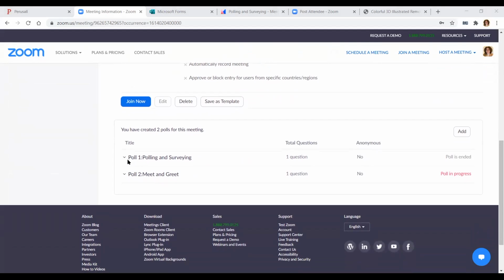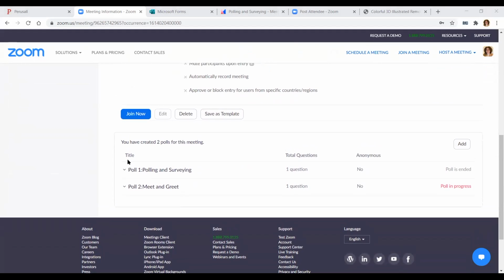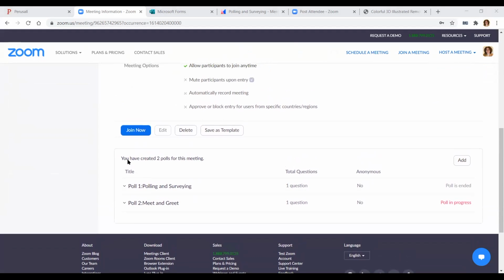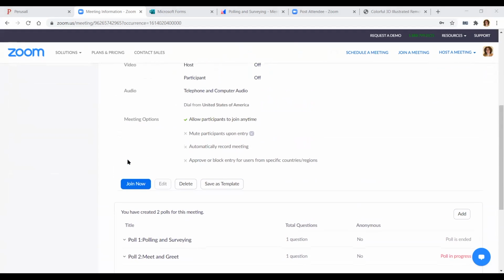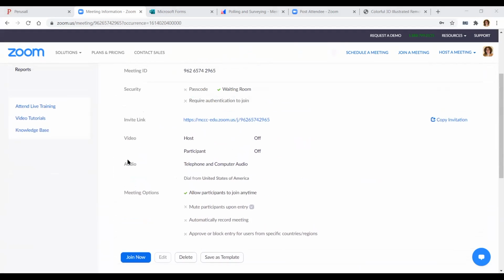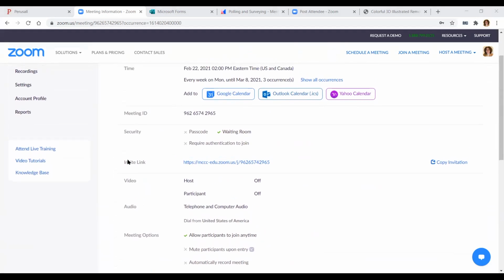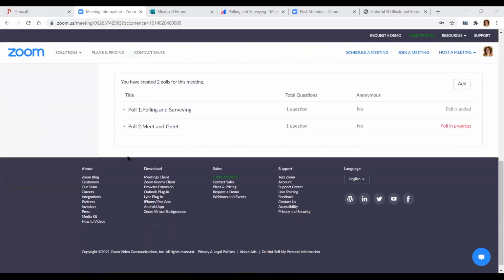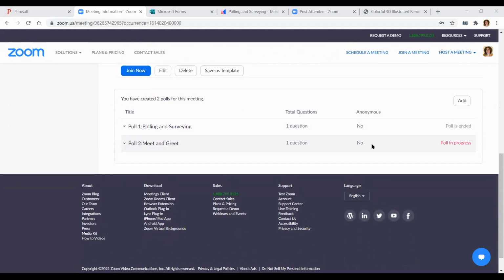But I can table that question and maybe get back to you on that, only because, again, I'm not that familiar with reports. I'm still learning how to use them, but I'm not sure that you can see who answered what in real time. I think that's something that happens after the fact if you run reports. Let me just